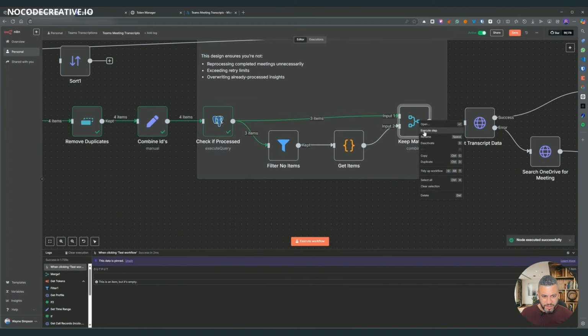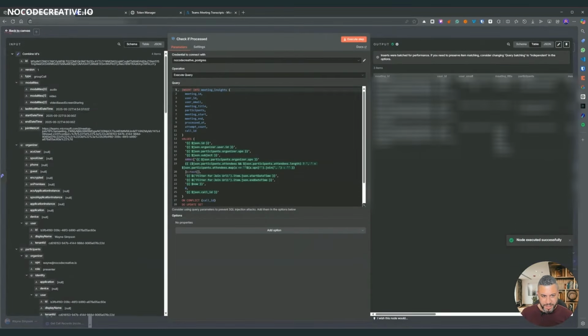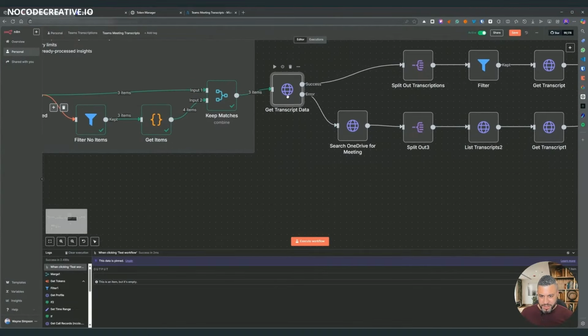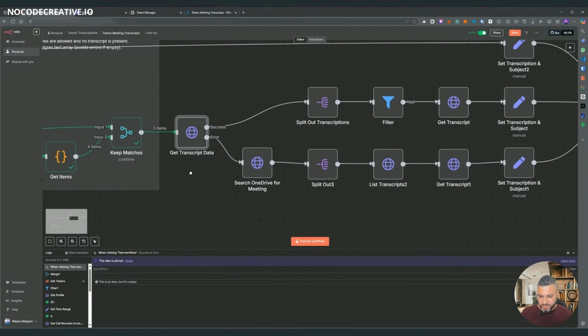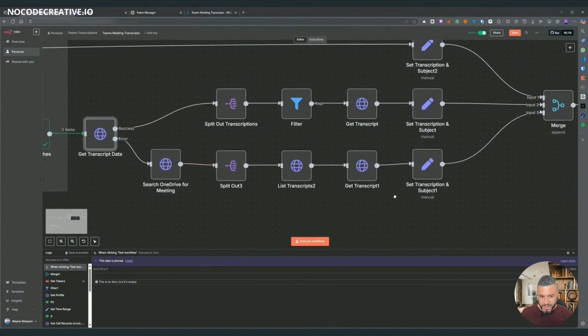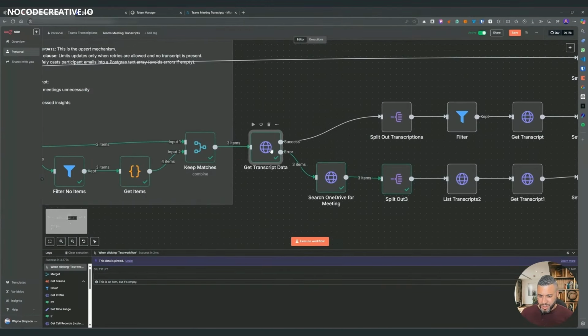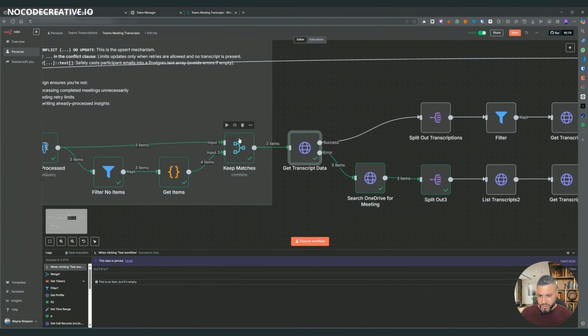Still got our 3 items. I'm just going to check what the outputs are from the database. Yeah, now the user's changed. This is to be expected because I would expect this meeting to come from the production tenant. Okay, now let's run our merge node over here. Now let's see what's happening with our, okay,